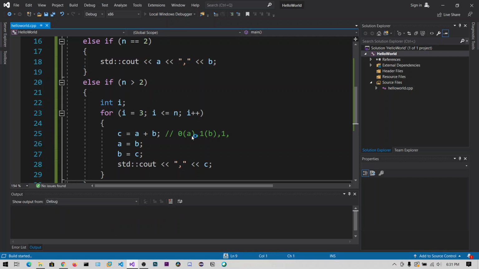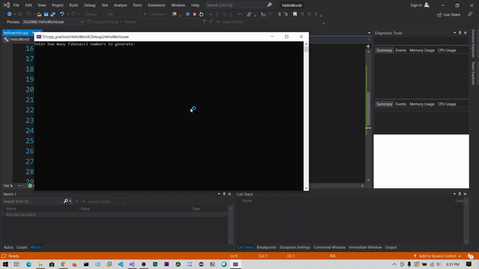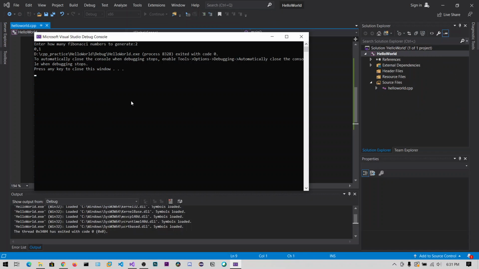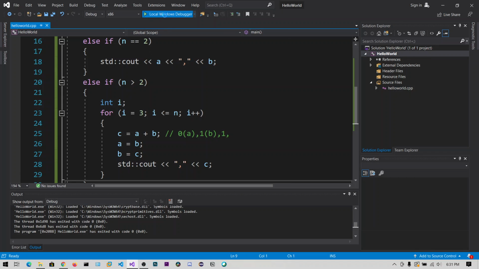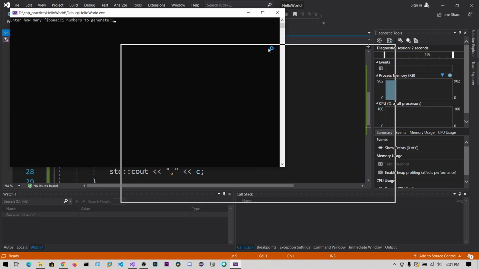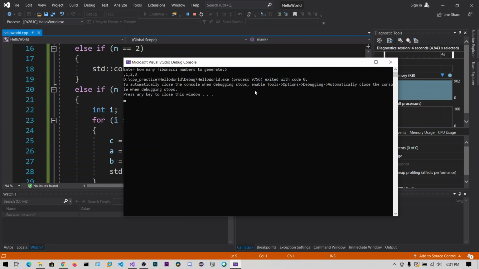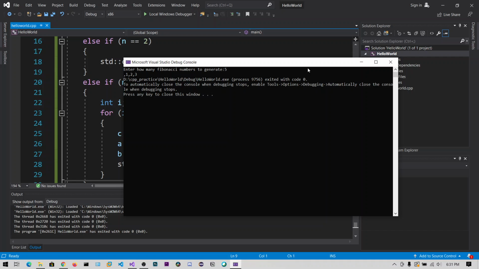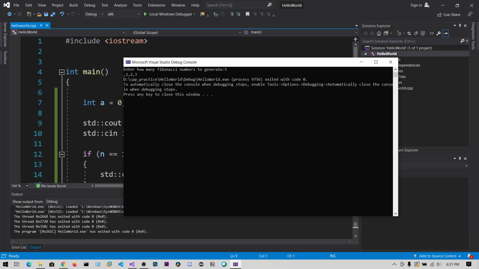Now let's run the program again. Let's say 2. We got 0 1. Okay, now let's say value 5. So we want to generate the 5 Fibonacci numbers. Okay, we missed 0, right?